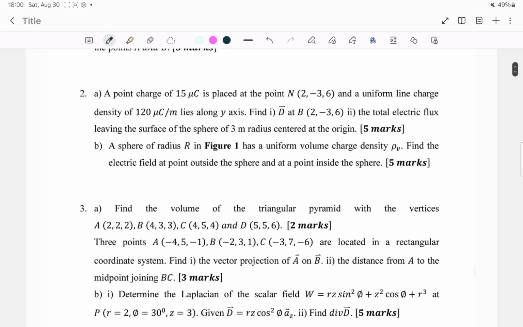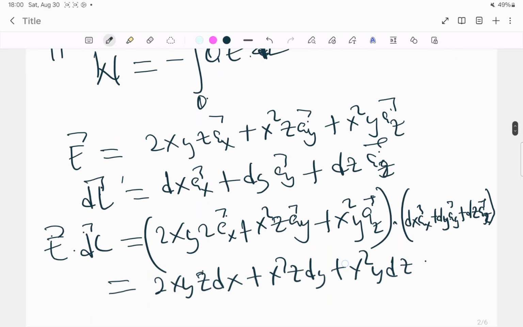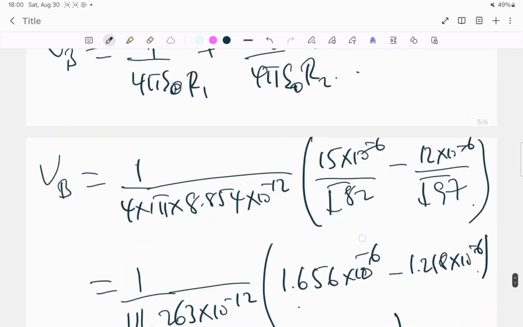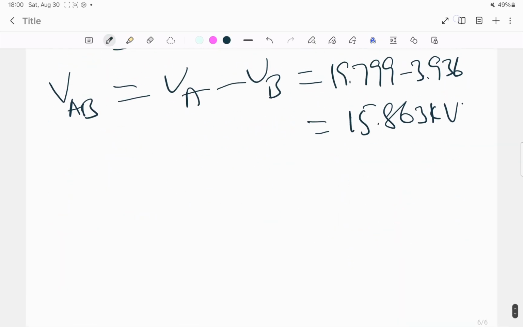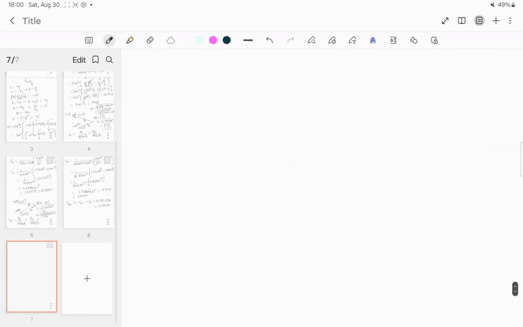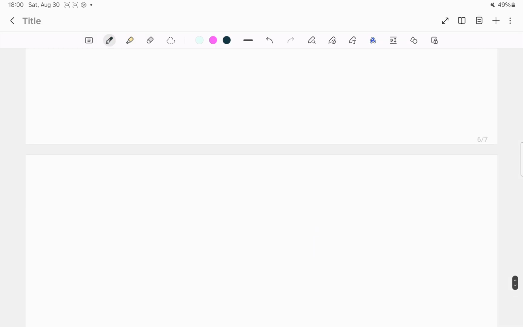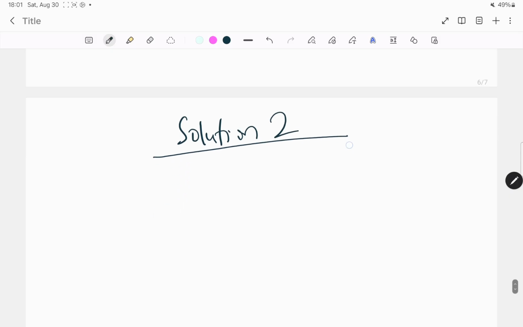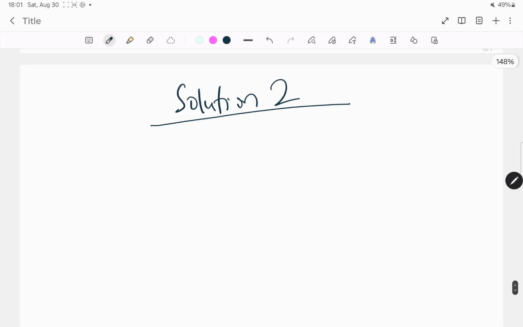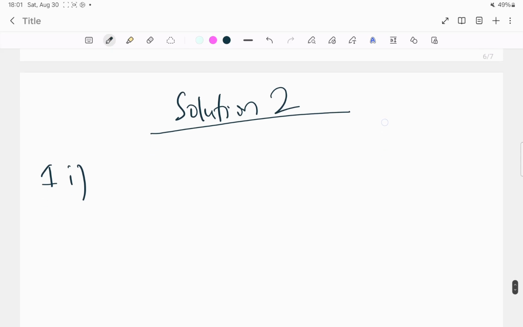We have to find the electric field intensity at point B. So if we are to find the electric flux density at point B, right? So what that means is that